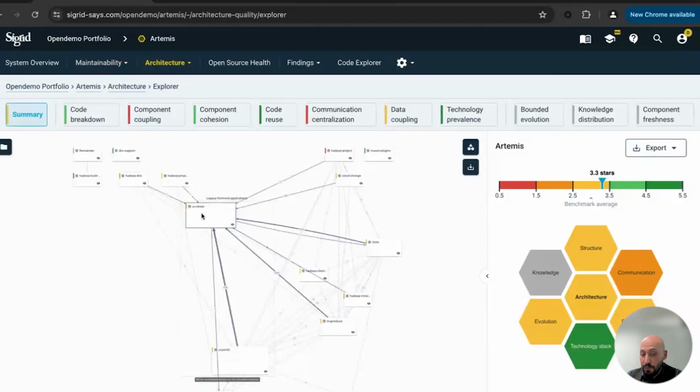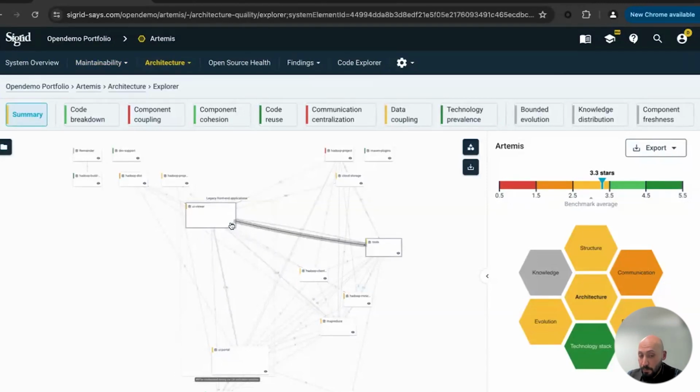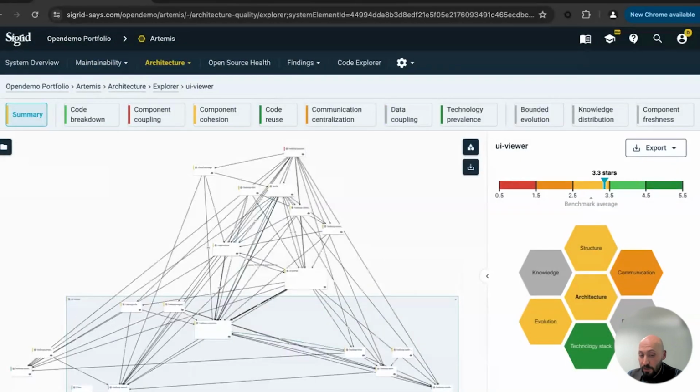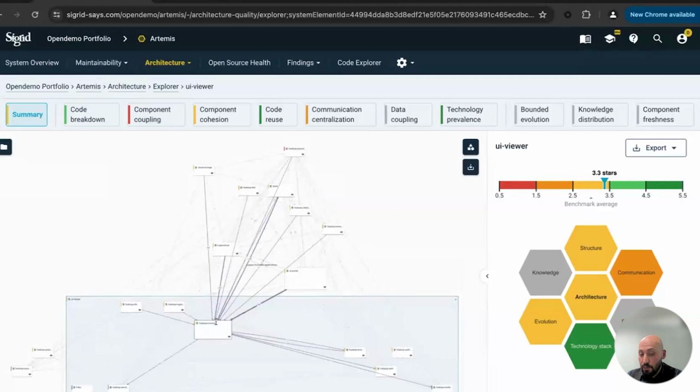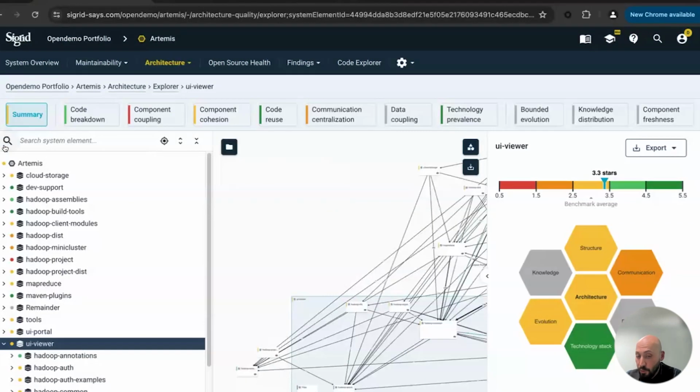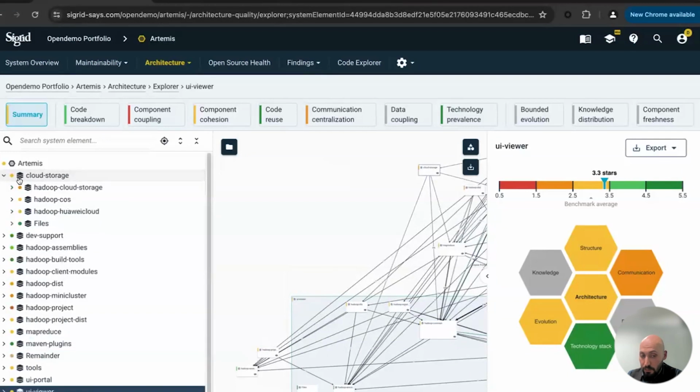Now, it would sometimes be interesting to click through, of course, and see how the system looks from the inside. So this is the whole box that I clicked now. And now you see also the files in between. Sometimes it's easier to look at the folders, so how those repos are structured. So these are the high-level repos in this case, or components. And then those are the files within. Hopefully this gives a clear answer.